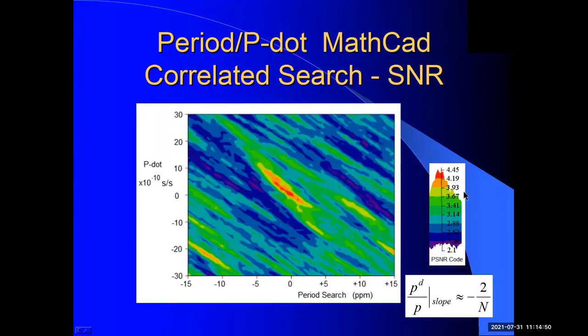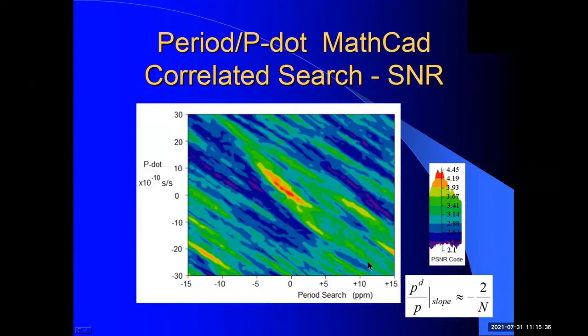This is the most difficult plot to repeat. It's the 2-dimensional period search, p dot search, and here you can see that there is a peak at the center. It's a bit off center here. And we have a slope. And when you do the calculations for this, you find that the slope should be -2 divided by n, where n is the number of periods in your data sample. So it's a pretty good check that this is a